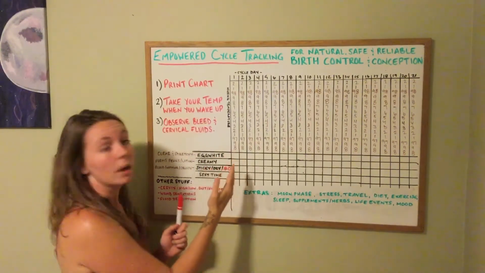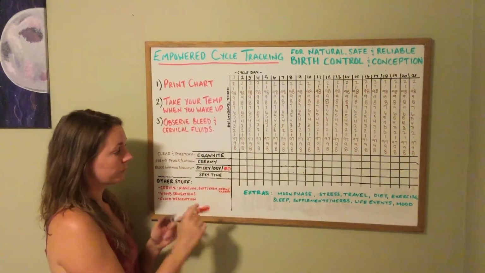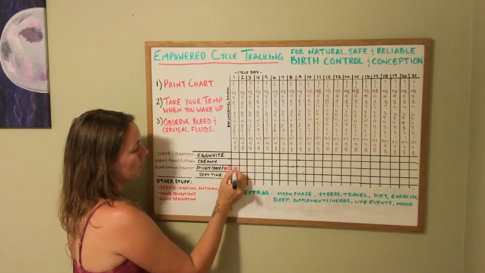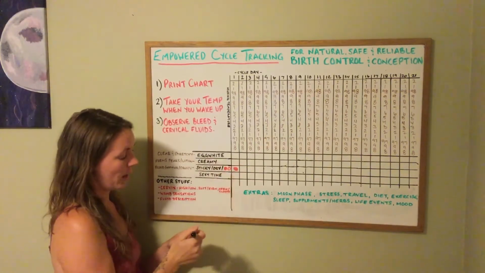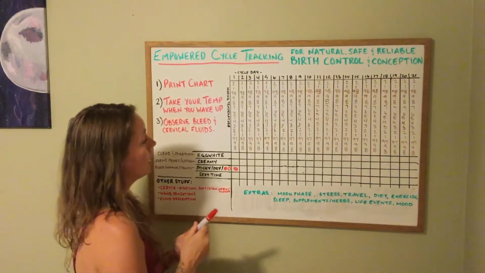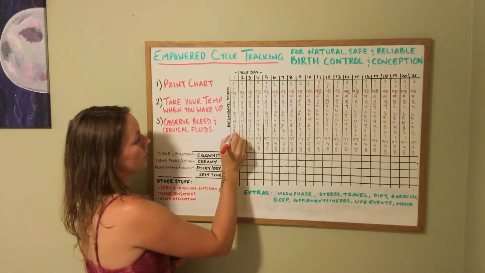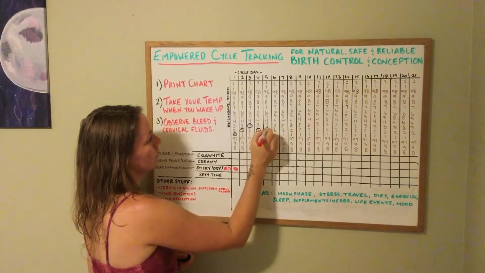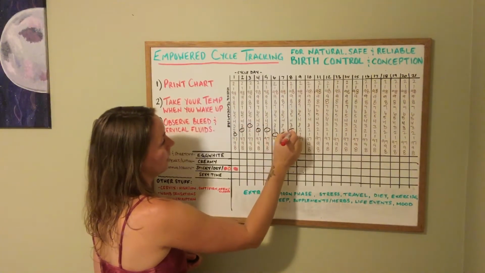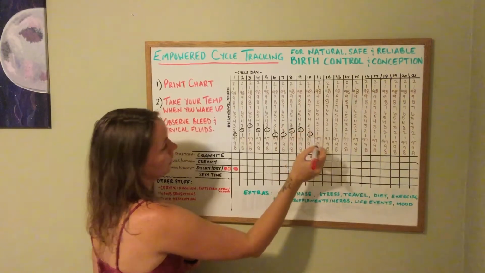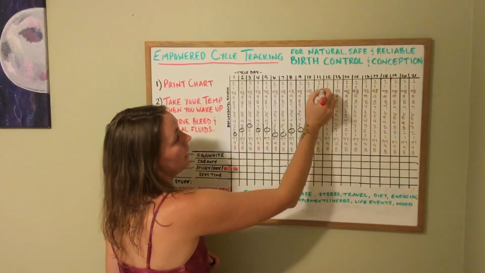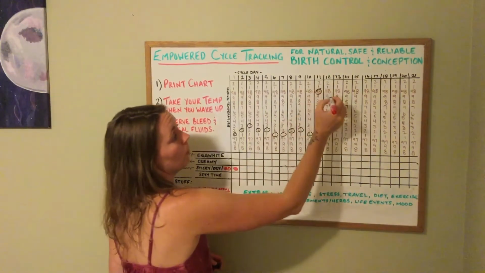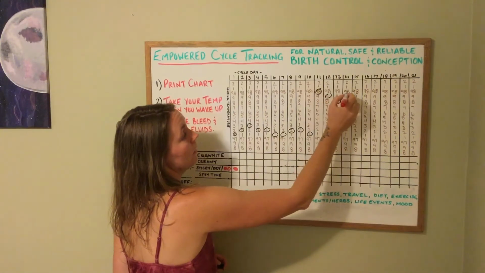So the beginning of your chart is always the first day of your period. So this here, just put that there, and I'll explain this part after. So when you mark your temperature, it's going to look something like this. It'll be sort of in the lows for a period of time. And then it'll spike right after you've ovulated. Your temperature will go way up, and then it'll stay kind of in this range